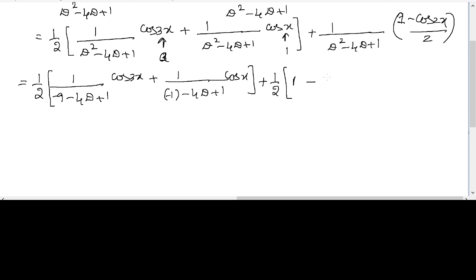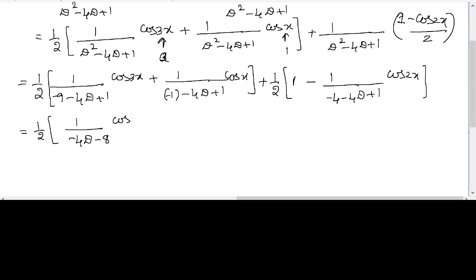So there we replace d square by minus a square, where a is 2, we get 1 by minus 4 minus 4d plus 1 of cos 2x. This is what we get. So now continue with this. We write 1 by 2 into, simplify this. So by simplification, we are going to get minus 4d minus 8,